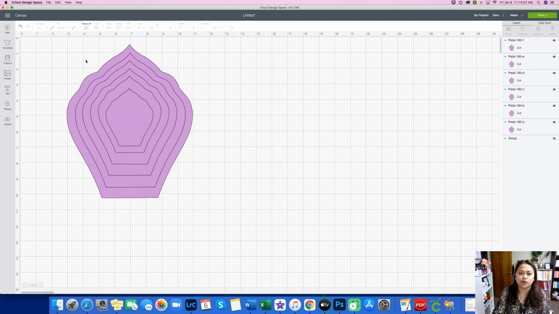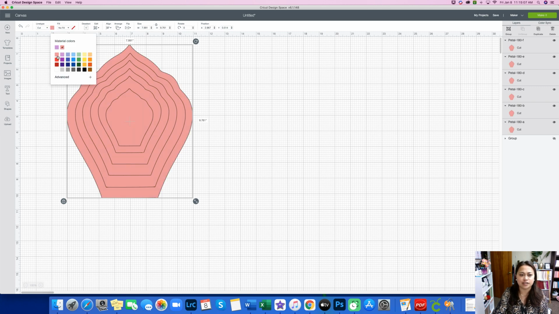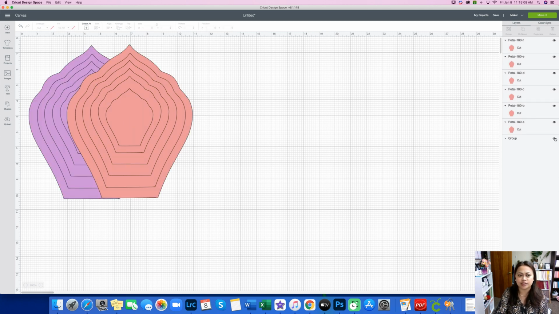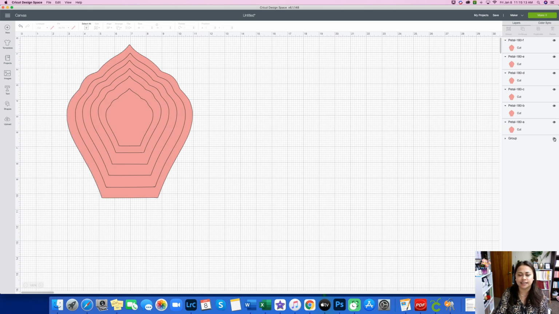So now you can work in this templates, like however you wanted to work it out. You can shrink, you can enlarge. So that's the magic of the design space. So you can even change the color of your duplicate files so that you won't get confused. So if you're going to have the original, you know that it's purple, and the duplicate is just this one,